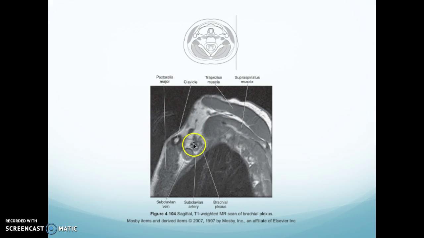You can see all the motion from the patient breathing. They're usually not very pretty. Here's your trapezius muscle, your supraspinatus muscle. We're going to come around. Here's your brachial plexus with your subclavian artery and subclavian vein with your clavicle, and this is your pectoralis major